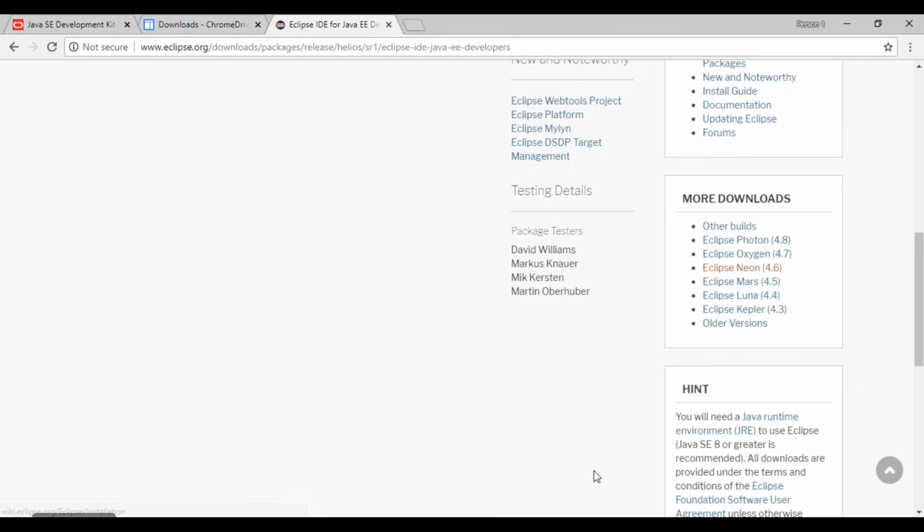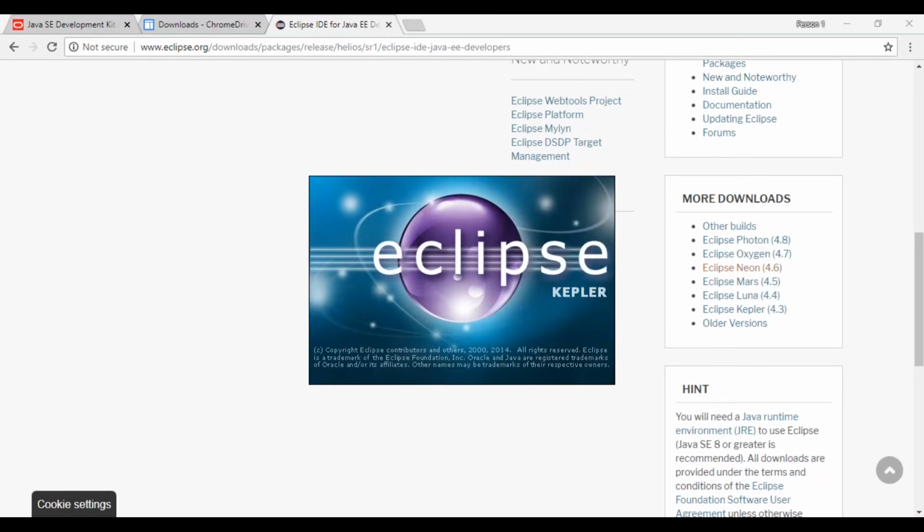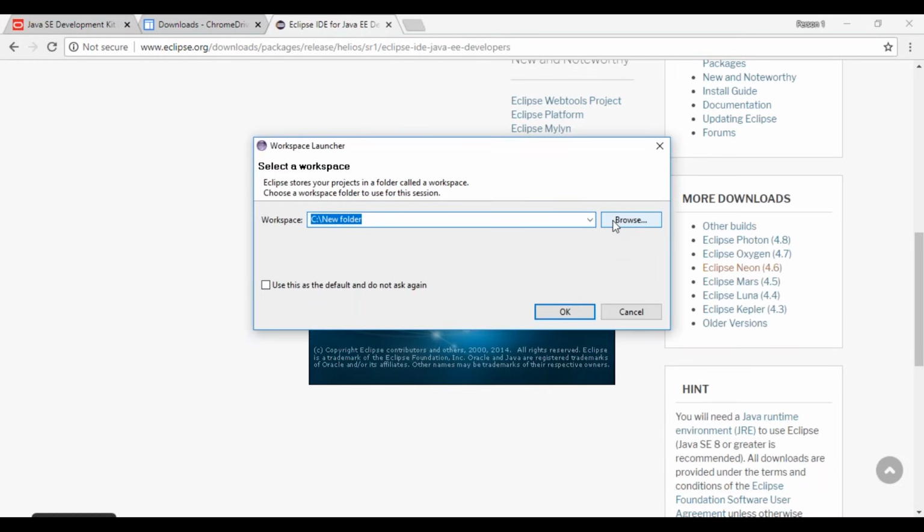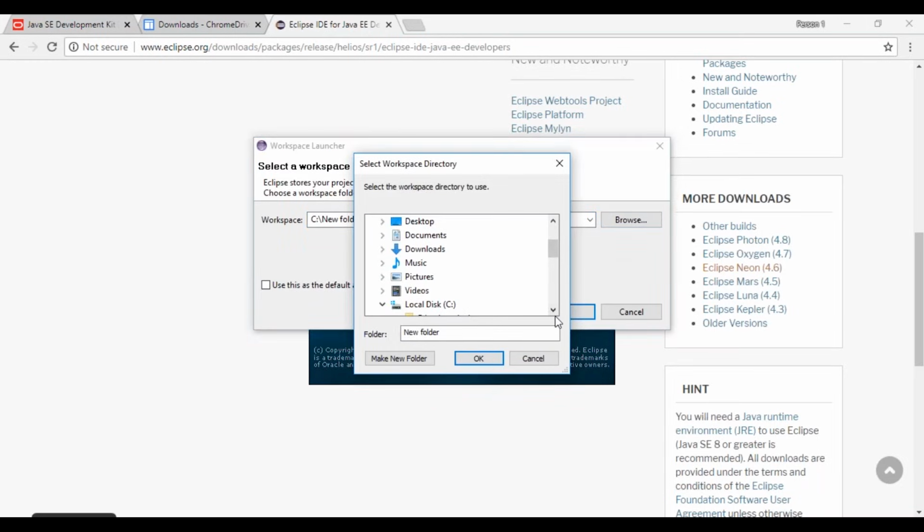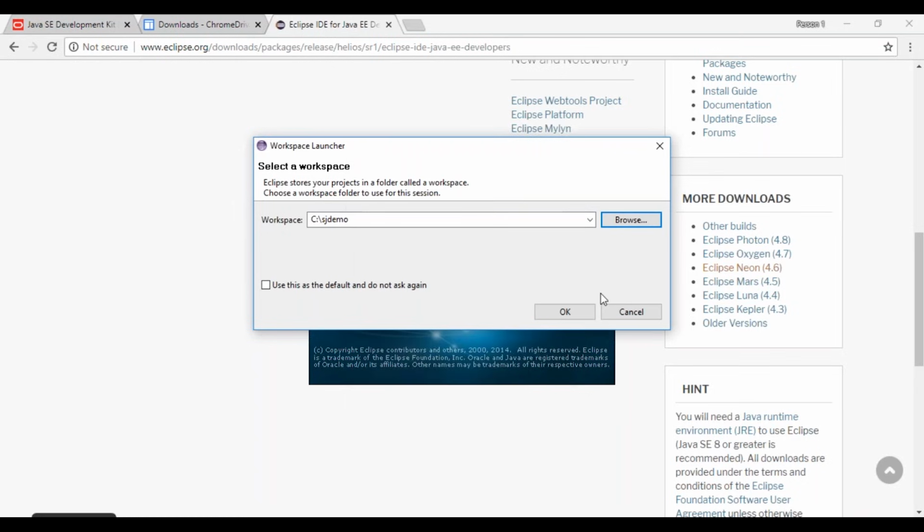I'm going to run the test case now for you all. So I'll first run the test script, which tests different features. Since I have multiple workspaces, I need to go ahead and choose which workspace I want to use. So let's go ahead and choose SJ demo, Selenium Java demo.